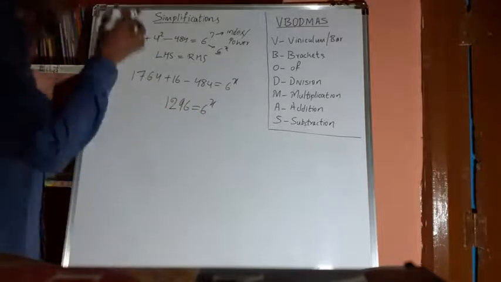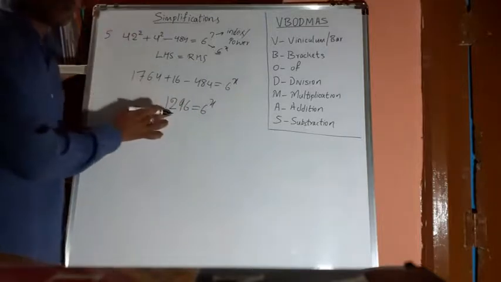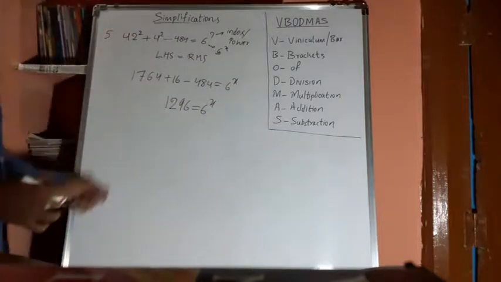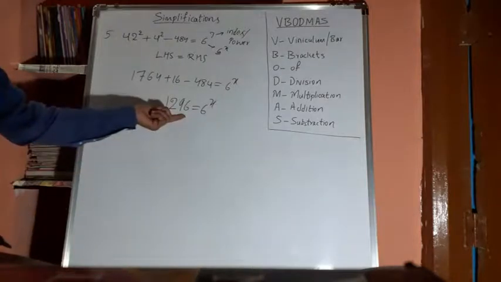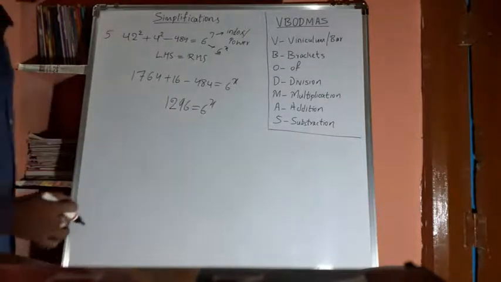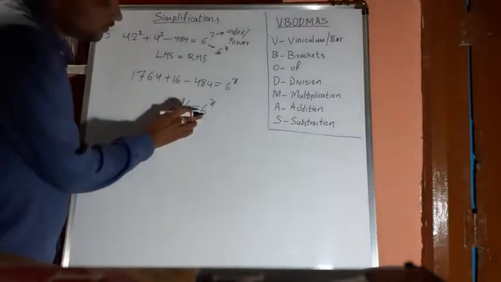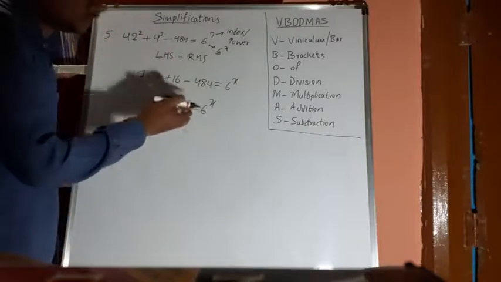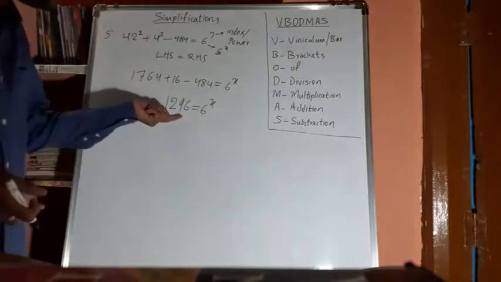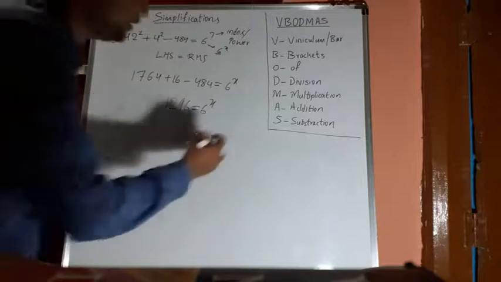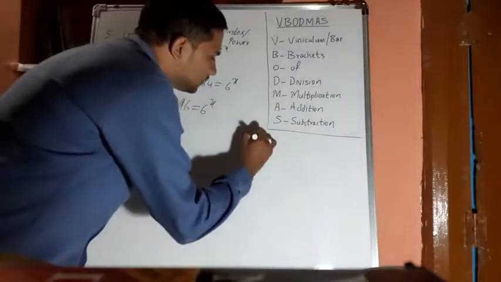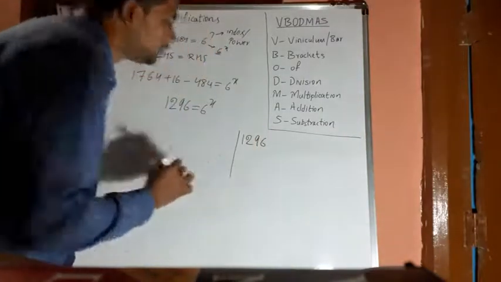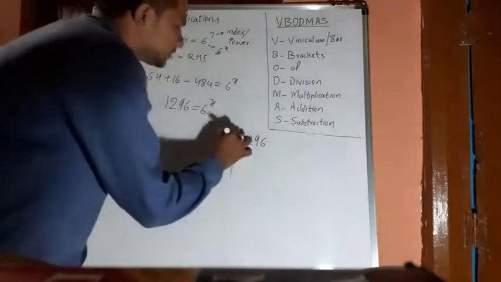By seeing this, I can tell that it is a square of the number 36. But if you don't know what this number is, then how to do it? See here, friends, there is a trick. We want the number in the RHS with base 6, right? So try to divide this LHS number, 1296, with 6.